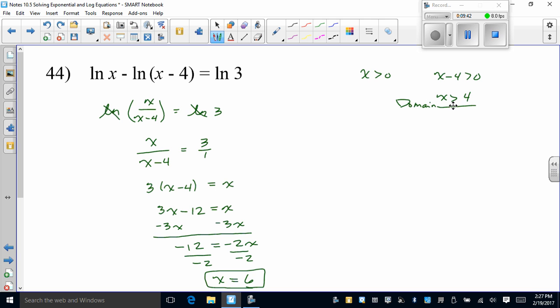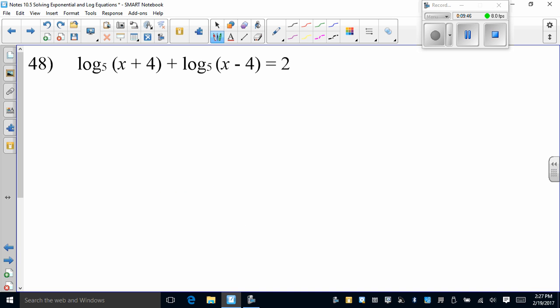Okay, next one. So we have, let's check our domain. x plus 4 must be greater than 0, so x must be greater than negative 4. x minus 4 is greater than 0, so x must be greater than positive 4. There's my domain. Plus means multiply, so I have log base 5